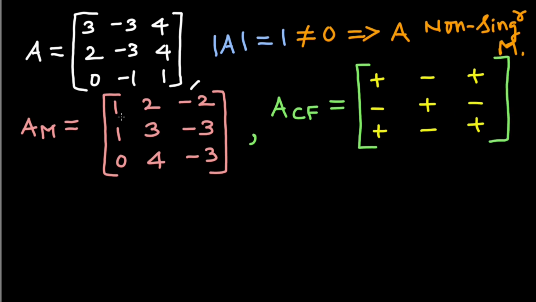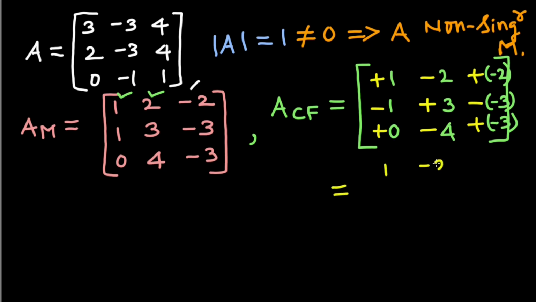Now we will put the values of the minors: 1, 2, -2, then 1, 3, -3, then 0, 4, and -3. So that gives us the cofactor matrix as 1, -2, -2, -1, 3, 3, 0, -4,